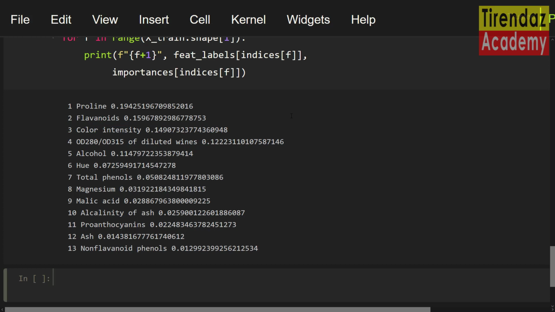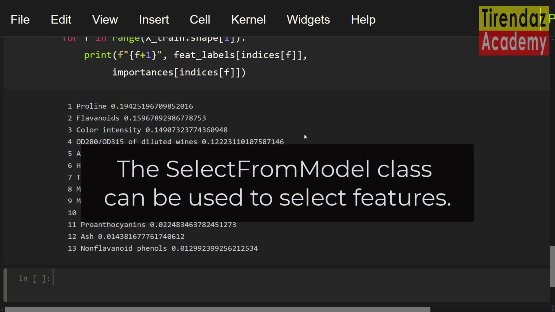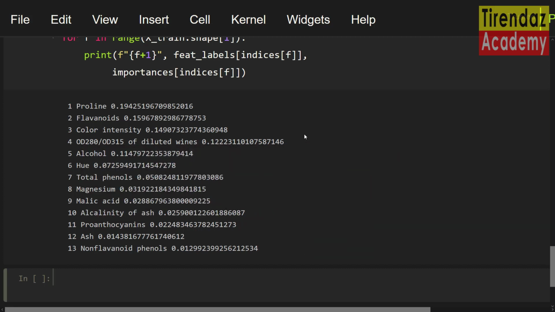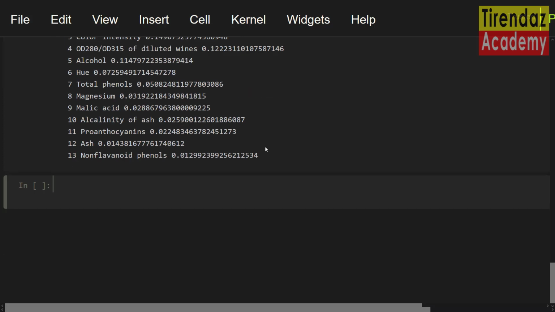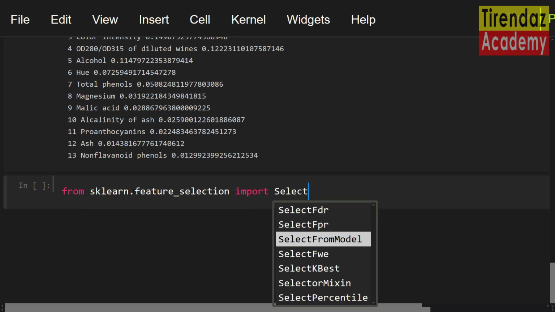Okay, I have shown how to do feature selection. There is another method to select features. You can also use the SelectFromModel class to select features. When using this class, you can choose the threshold value. To demonstrate this, let's first import the SelectFromModel class. From sklearn.feature_selection import SelectFromModel.